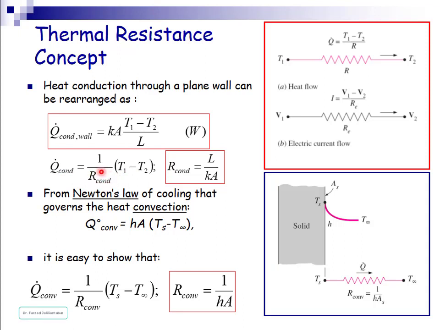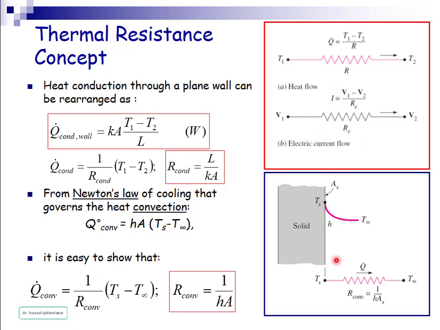This new term in the equation is called thermal resistance of the wall against heat conduction, or simply we can call it conduction resistance of the wall, and it is dependent on the thickness of the wall, thermal conductivity of the wall, and surface area of the wall. This equation of heat transfer is similar to the equation of electric current flow, as you can see in this